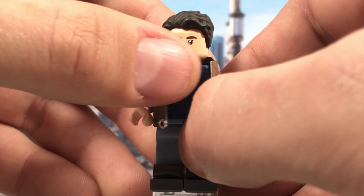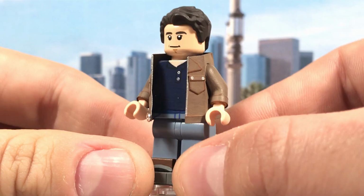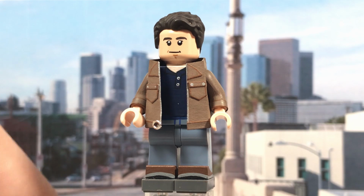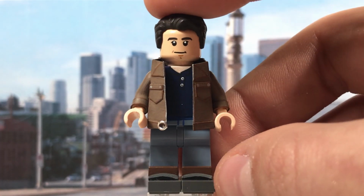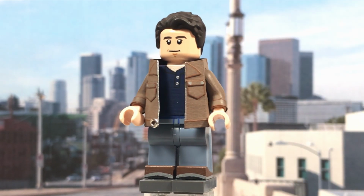I got the painted details into his torso there. There's like a wrinkle and some detail you can see right there. If I move it in that direction, you can see some detailing there. You just got shoes, and really not much else I can say. He's got this Superman hairpiece that I painted, actually, and other than that, he's just a very simple minifigure. I'm so happy I made him because he's a main character, and we're gonna go on to the last